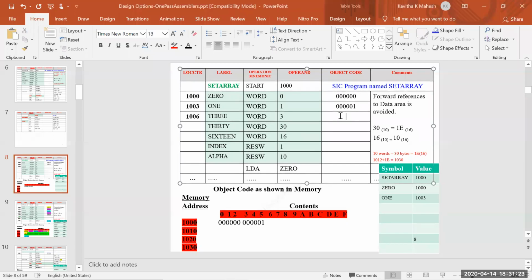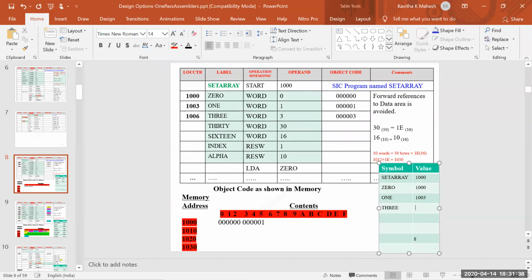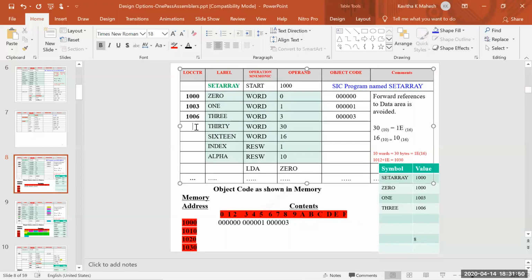So the object code generated for the instruction 3 word 3 is 000003, which is the internal representation of 3 in hexadecimals. So we have not entered 3 into the symbol table. So 3 has to be entered with the address 1006. The object code is generated starting at the address 1006: 000003. The next instruction is 30 word 30, and the assigned location counter value is 1006 plus 3, which is